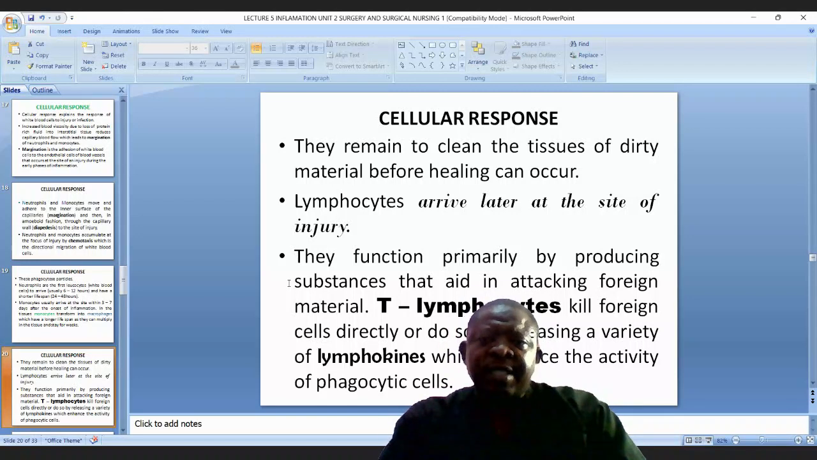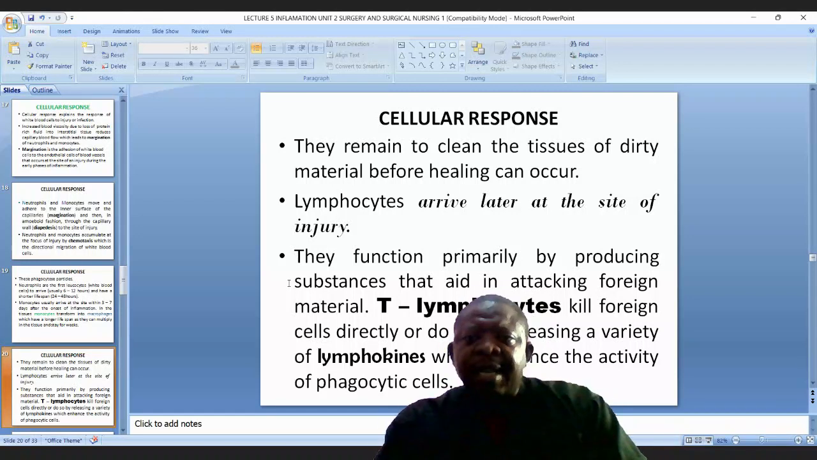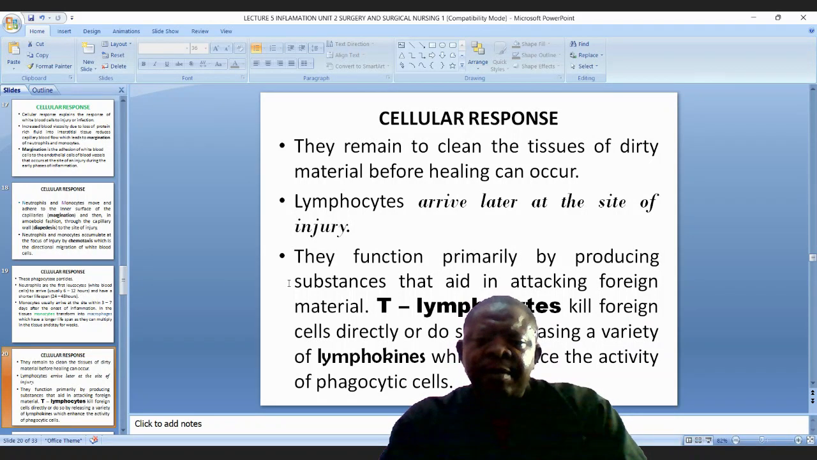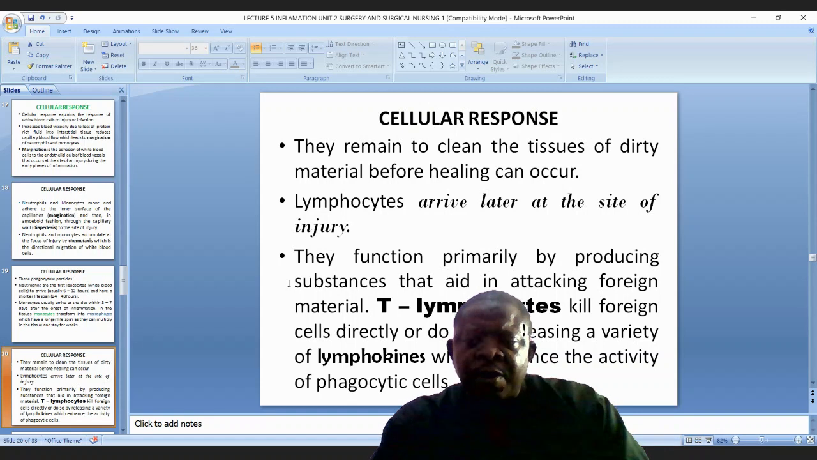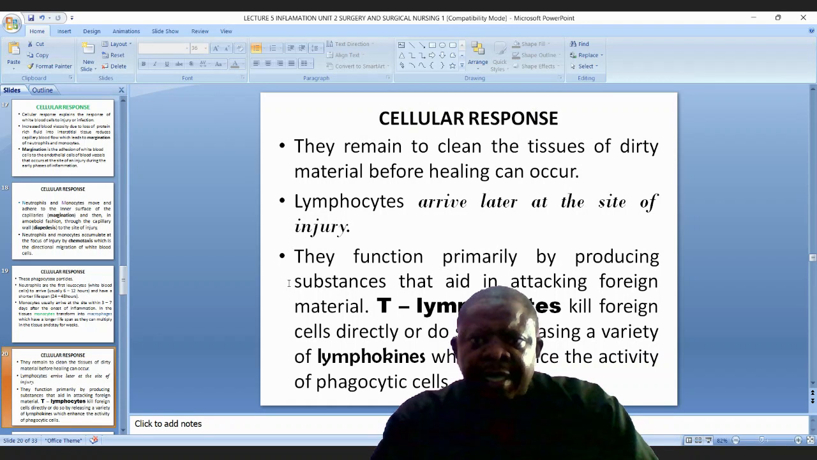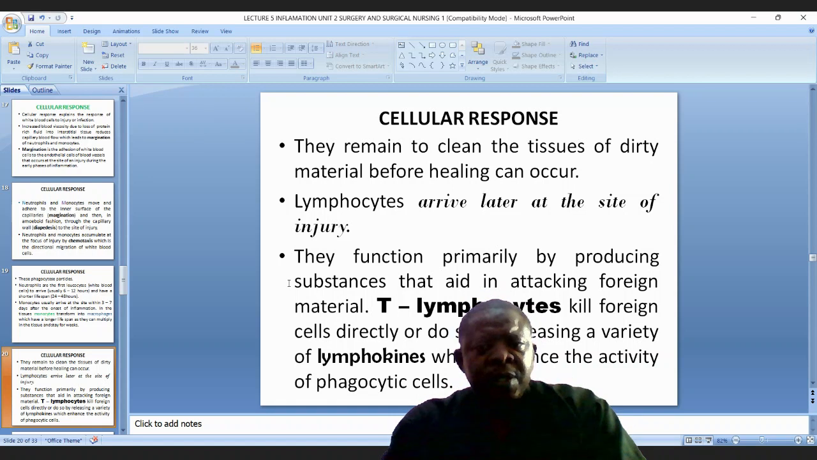Lymphocytes arrive later at the site of injury. They function primarily by producing substances that aid in attacking foreign materials. So T lymphocytes